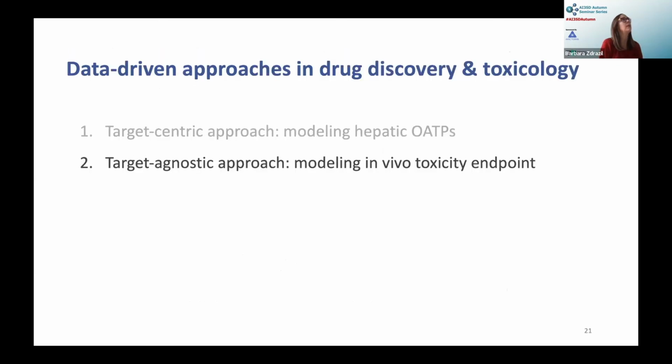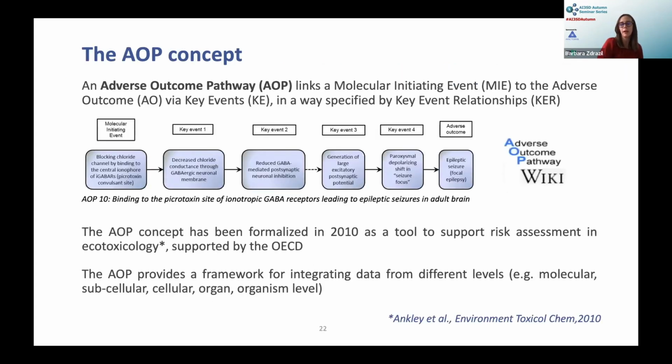And now very briefly, I want to talk about a second approach that we have been focusing on in my lab. So this is now really, I call it a target-agnostic approach. Of course, targets play a role here, but it's more if you have an in vivo data set and you want to model an endpoint and you don't know so much about the really important targets for this toxicity endpoint, right? And before I show you my example, I just want to introduce you,